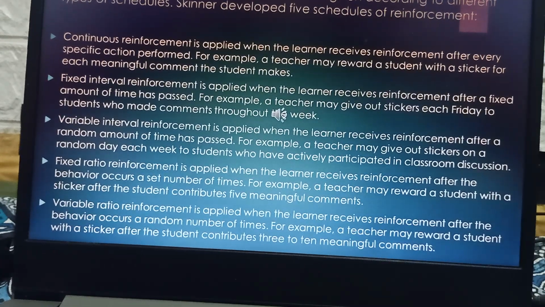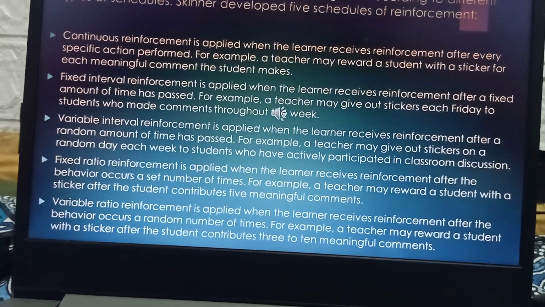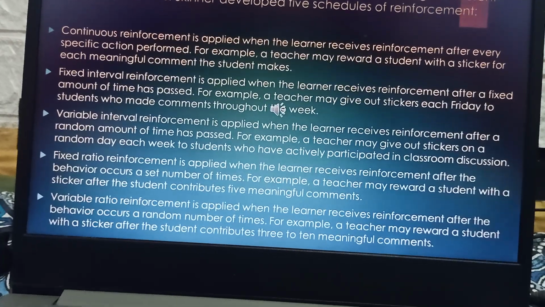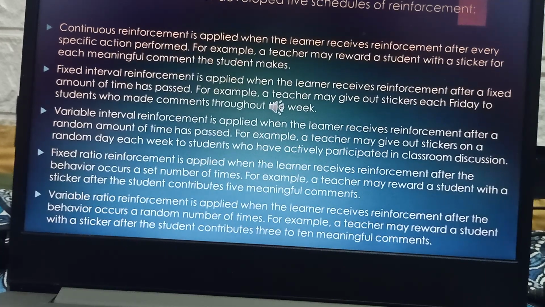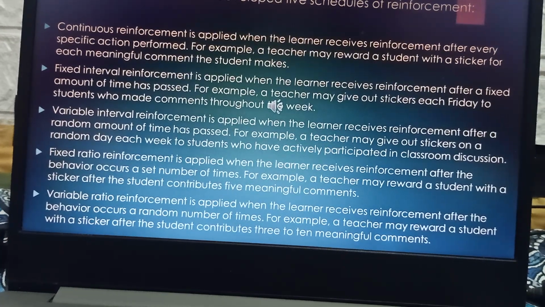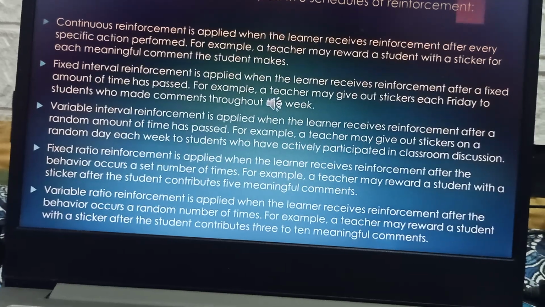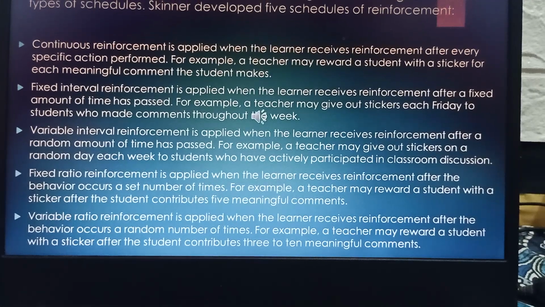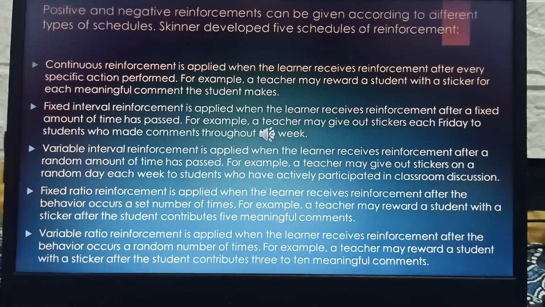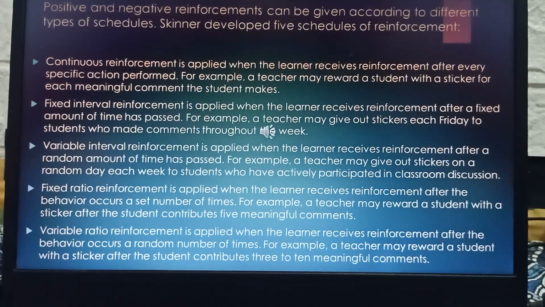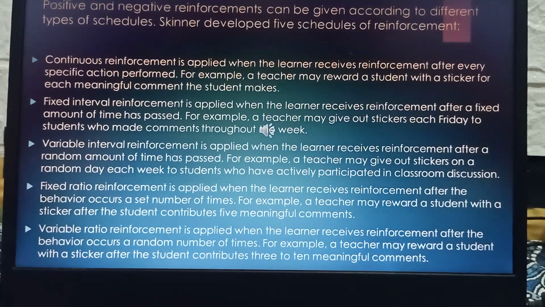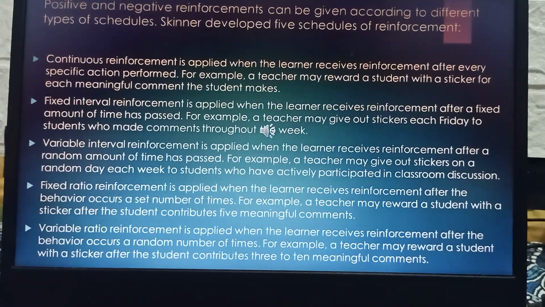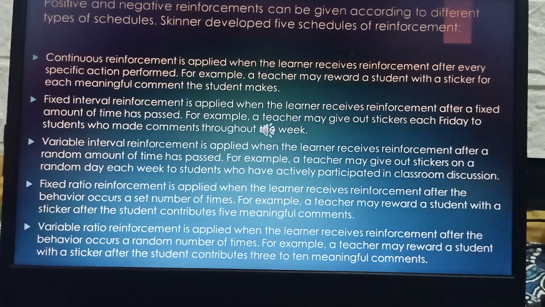in classroom discussion. Fourth, fixed ratio reinforcement is applied when the learner receives reinforcement after the behavior occurs a set number of times. So, example, a teacher may reward a student with a sticker after the student contributes 5 meaningful comments. And the last, variable ratio reinforcement is applied when the learner receives reinforcement after the behavior occurs a random number of times. So, example, a teacher may reward a student with a sticker after the student contributes 3